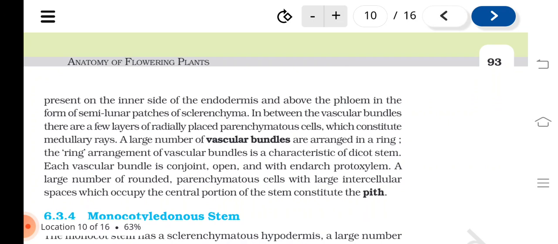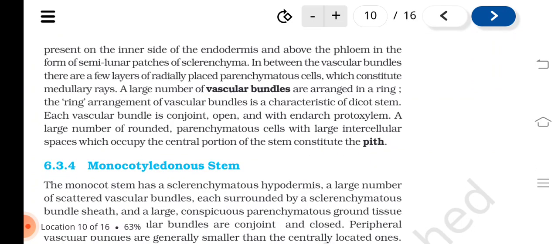In between the vascular bundles, there are a few layers of radially placed parenchymatous cells which constitute medullary rays. A large number of vascular bundles are arranged in a ring. The ring arrangement of vascular bundles is a characteristic of dicot stem. Each vascular bundle is conjoint, open and with endarch protoxylem. A large number of rounded parenchymatous cells with large intercellular spaces, which occupy the central portion of the stem, constitute